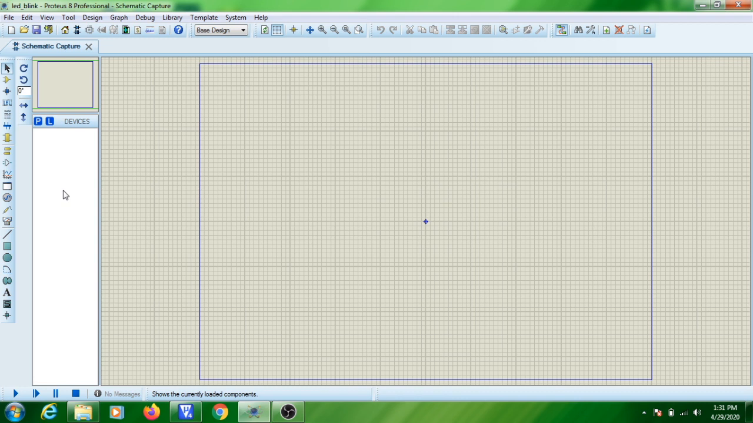Only a few differences are between 2148 and 2138. So instead of using 2148 you can very well use 2138. For taking the components you need to click on this toolbar, this op-amp symbol, that is known as component